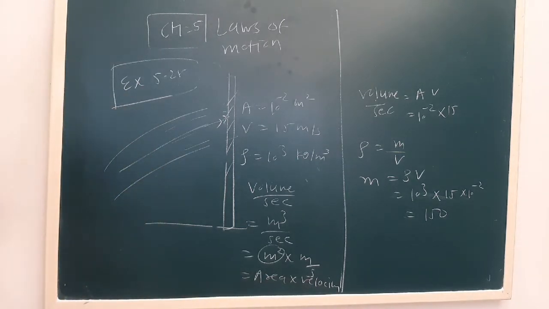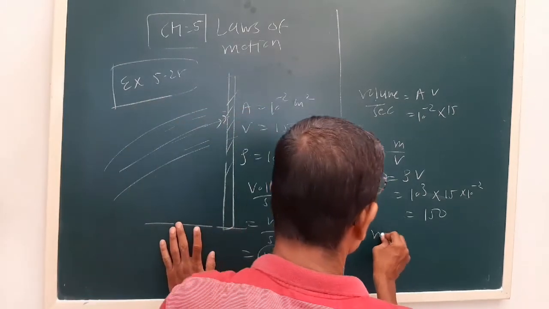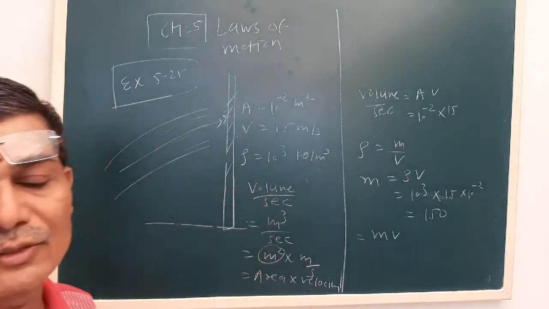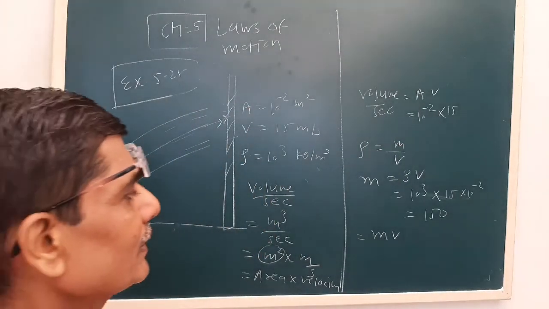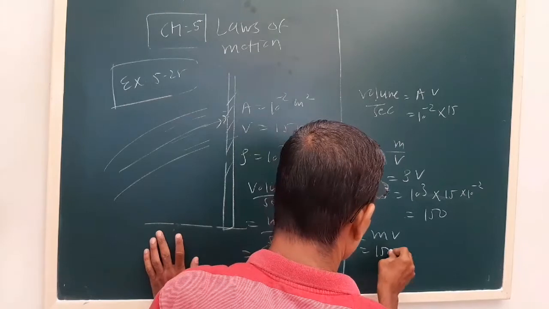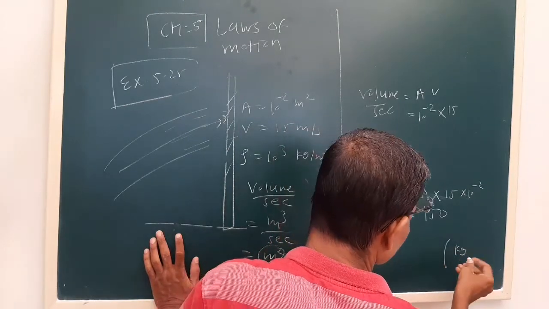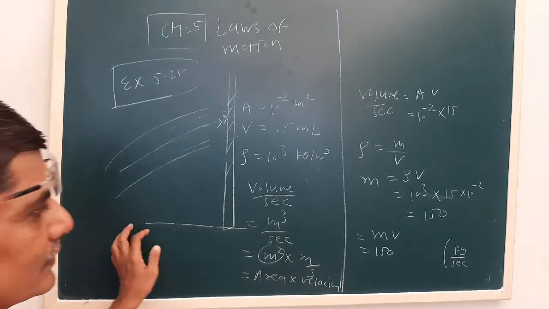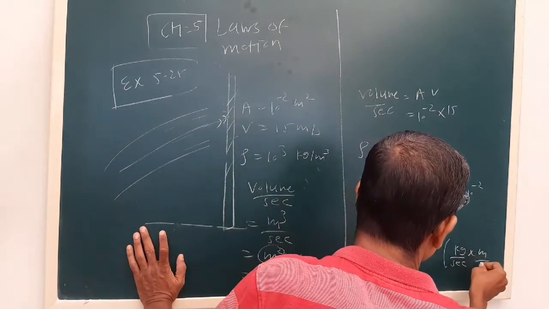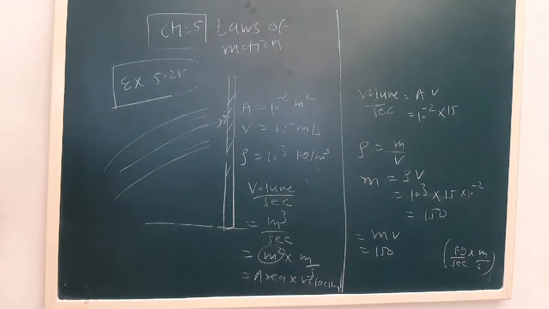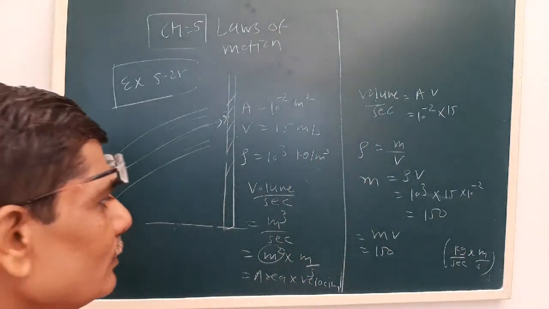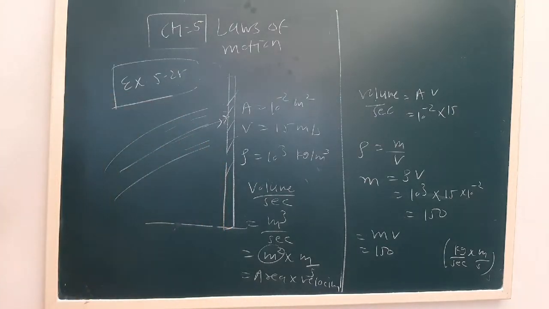Now see momentum is mass into velocity, but momentum per time is force. So here mass is 50, actually kg per second, and velocity is meter per second. What we can easily see is kg meter per second square is Newton. That is the unit of the force. Velocity is given as 15 meter per second.